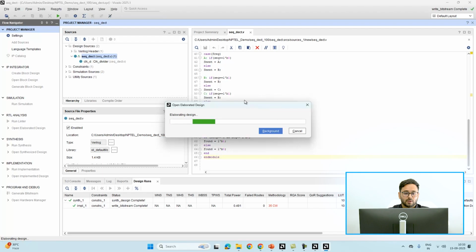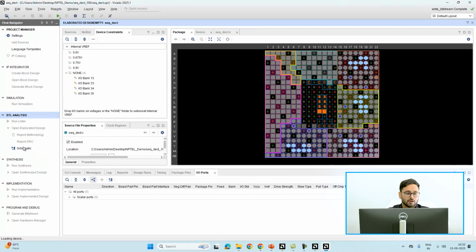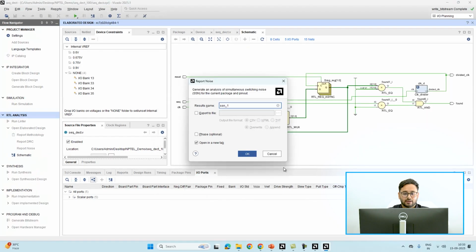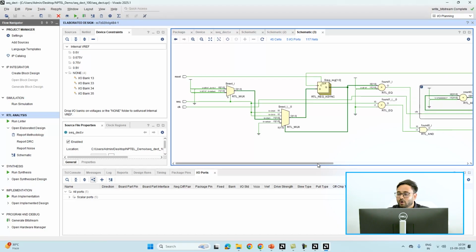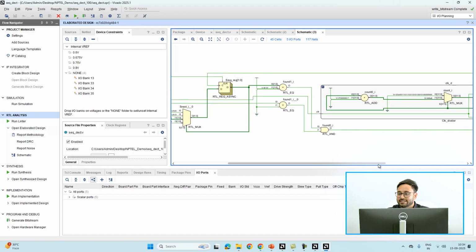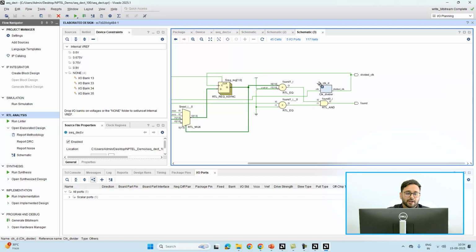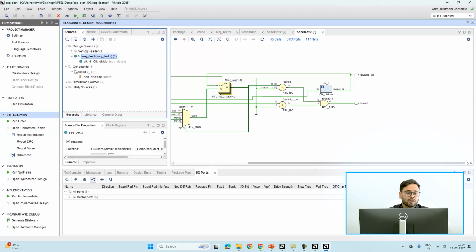see, it is expanding, initializing devices. So if we click on the schematic over here, it will look like this. Inside that, if you expand that, you will get the circuitry of what we have implemented, including the divided clock itself. Okay, now I open the constraint file,